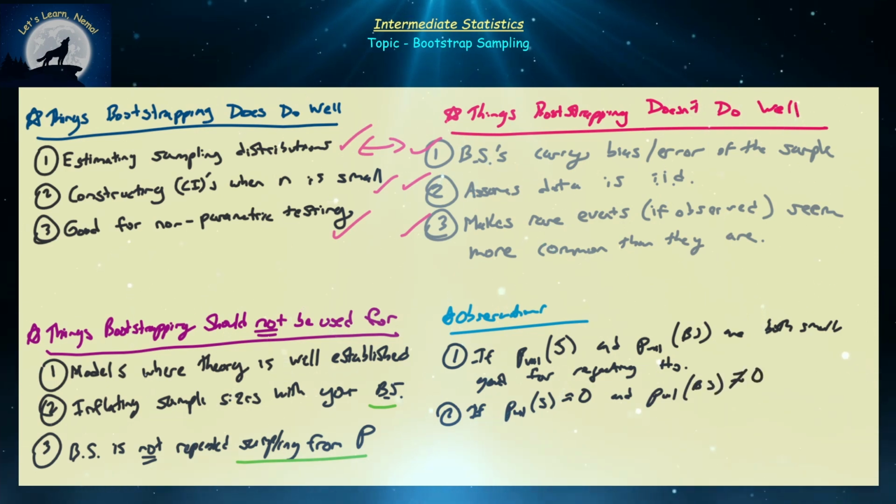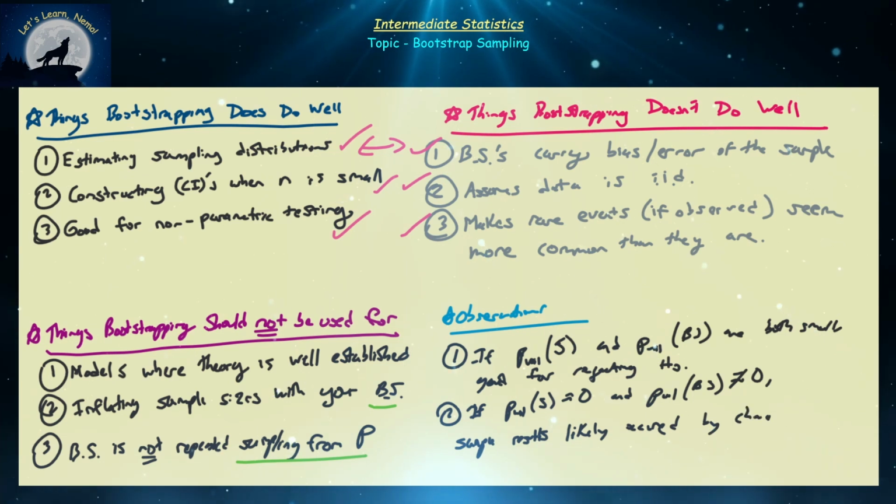And the alternative to that is if your p-value is closer to 0 and your p-value for your bootstrapping samples is not close to 0, then what this actually means most of the time is that your sample results usually are only good by chance. So likely occurred by chance. Some people will be like, oh yeah, I did a p-value and I got something close